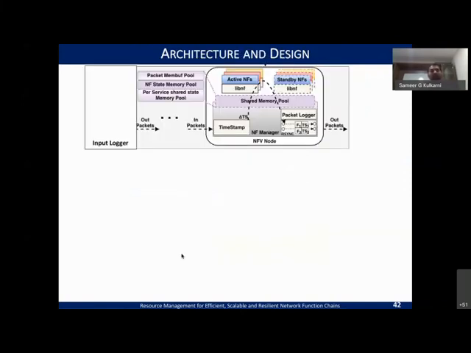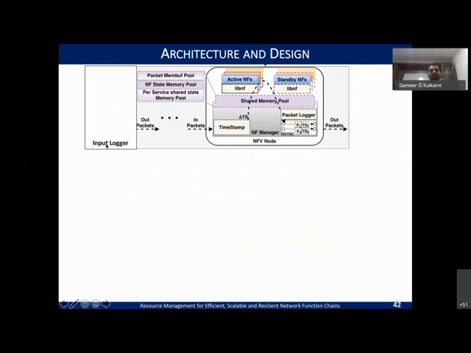So let's look at how we try to achieve this and what are the main things that allowed us to achieve these aspects. What we built is, again, in the NFV, the way we took the components, we had the same and we built the NFV manager, and then we built specific modules that enable us to have this resilience. And again, we leverage the input logger as one of the components.